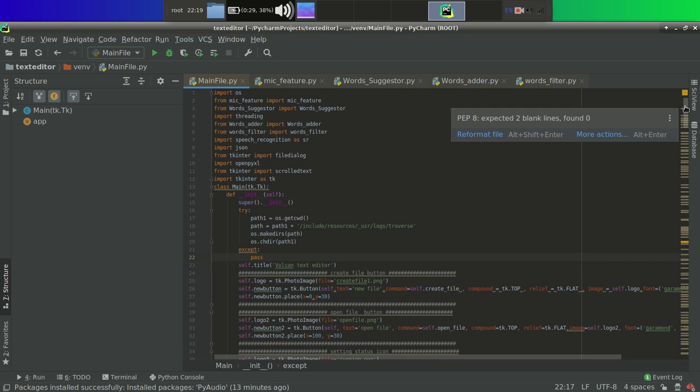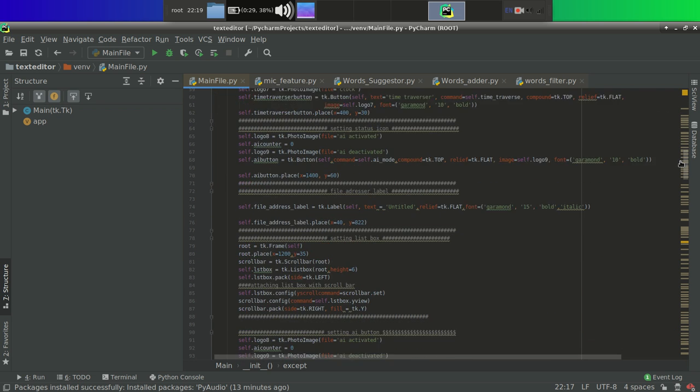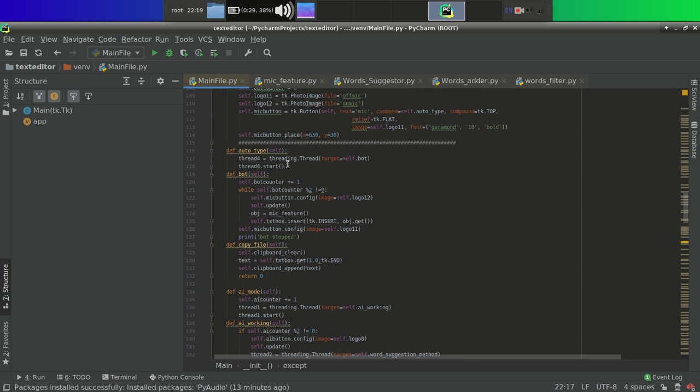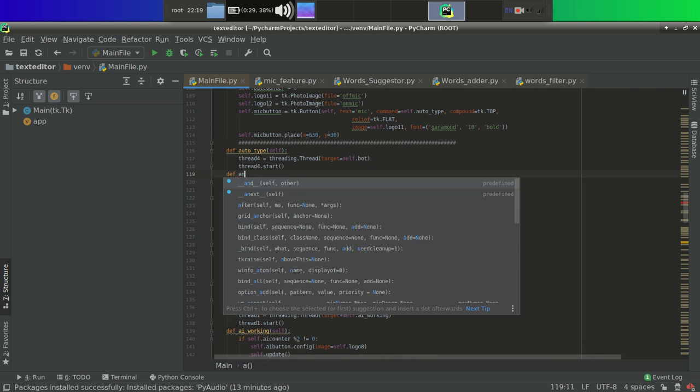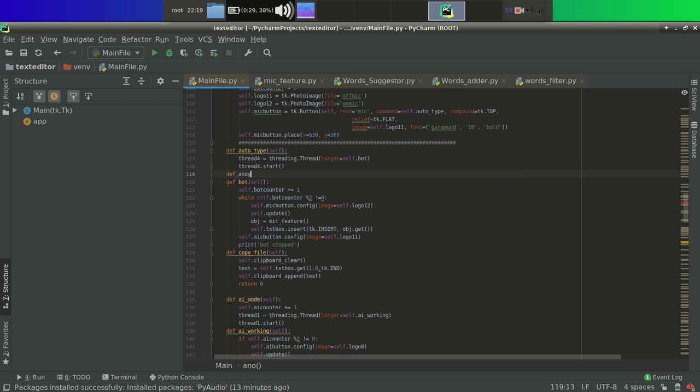So let's make a method anonymous save, because it is very important for anonymous save purpose. So let's make a function, def anonymous save.